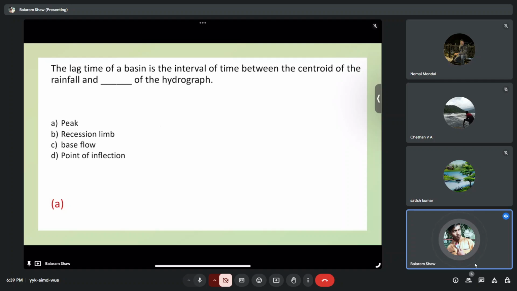Okay, so here it is mentioned that the lag time of a basin is the interval of time between the